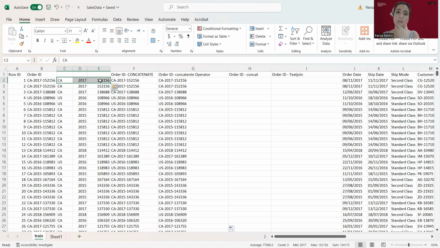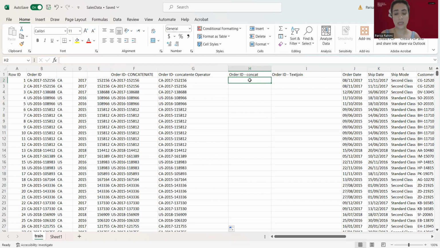Sometimes even for three cells, using the concatenate operator or concatenate function might take a lot of time because I have to pick the cells and the delimiter to show in between. So there is another function in Excel, Concat,